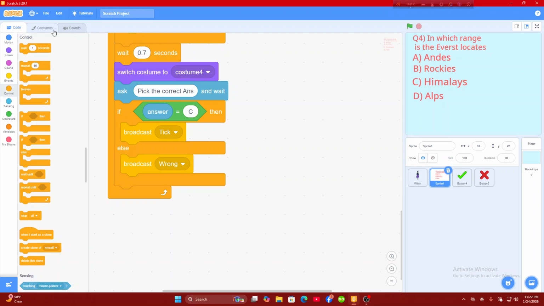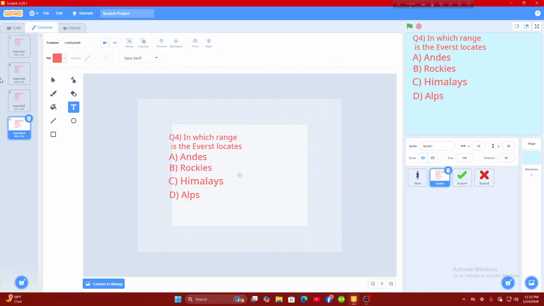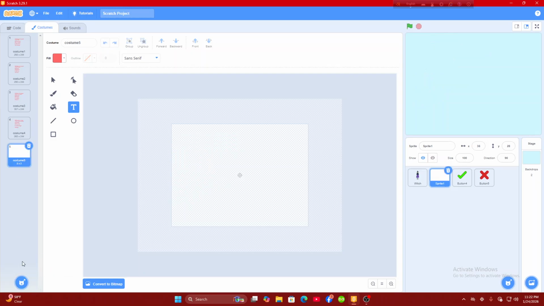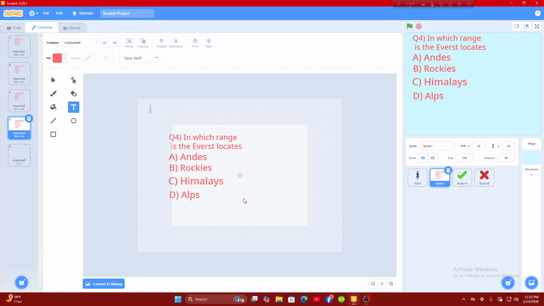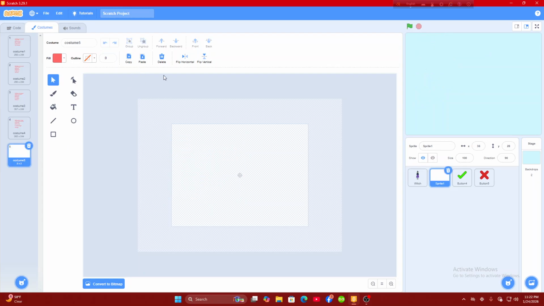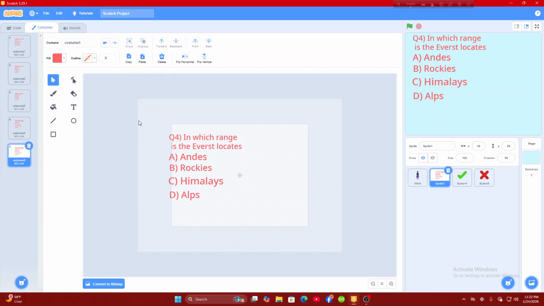So now let's go to costumes again. Go here, and we can just paint. So go here, click on the mouse. We can just select everything and copy. Now let's go here and paste it, obviously. And we have to change some things, like our question number, right? Our question number. So click on text and do 5,